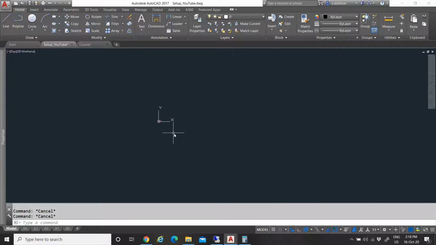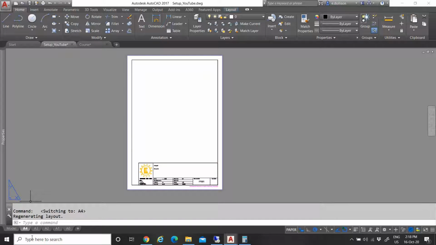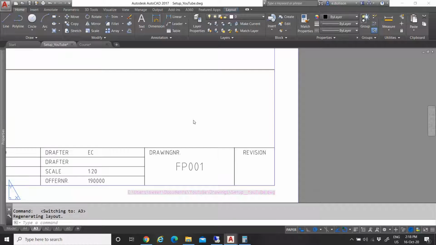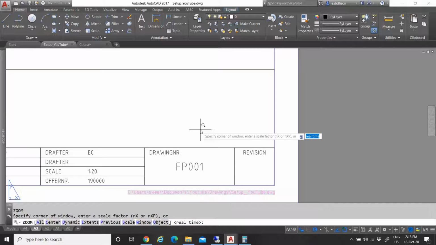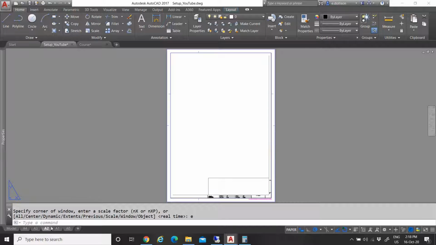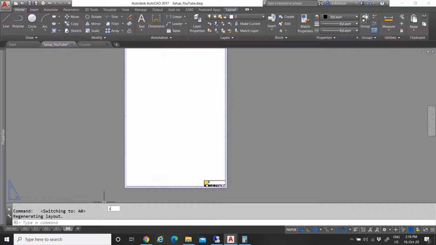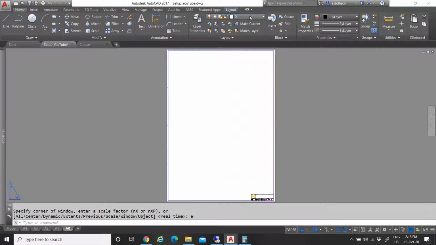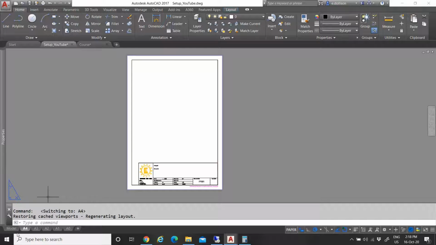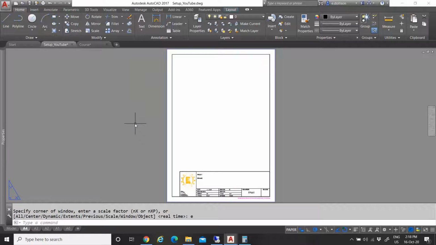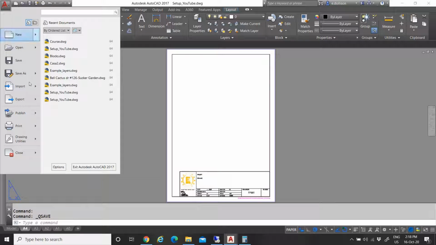So now we have our squeaky clean drawing that is preset with the different paper sizes. As you can see, we have our different paper sizes, and it's cleaned. It has only the layers that we need, and yeah, that was basically it, guys. Now the last step to this is to just save your drawing and then go into your